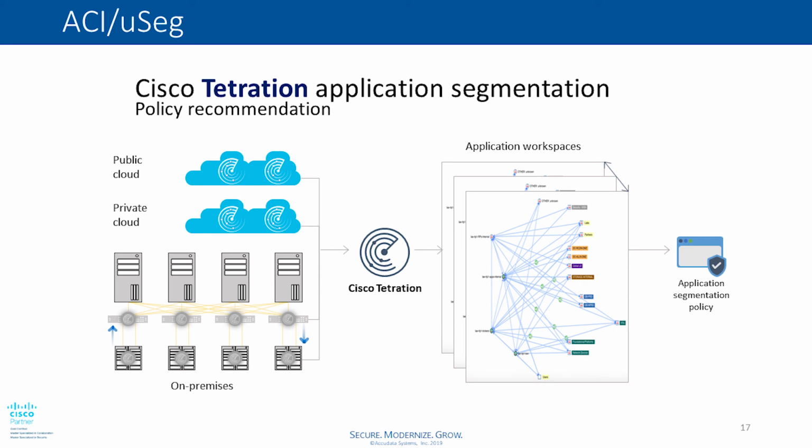It's important to have microsegmentation because normally we are worried about the perimeter security, but what if we get attacked from underneath, right? Whenever they already come into the data center, they have already crossed the border of the perimeter security. We're not going to have any kind of security to protect my east-west traffic. So with an application segmentation policy generated by Tetration and enforced by ACI to achieve microsegmentation, you can add more security to your data center environment.